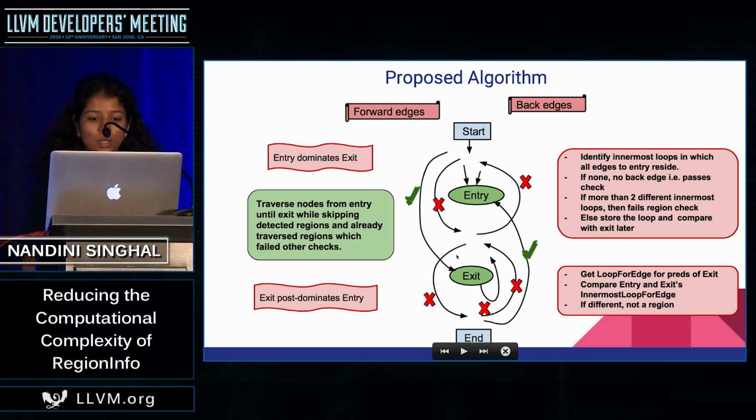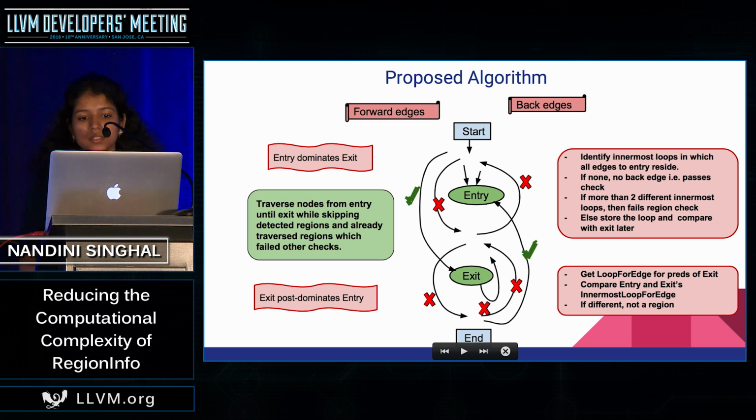The second one is an edge from within the region to below the region. That's handled by the check by post dominance. There's another corner case: an edge to the exit block is allowed because it's a refined region. In an SCSE region, this wouldn't have been possible. So this is handled. You can always traverse all the basic blocks within the region, but then it wouldn't be linear again. So you maintain the linearity by skipping the already detected regions and those regions which have failed those checks for being a region. This ensures that every basic block is essentially traversed exactly once.